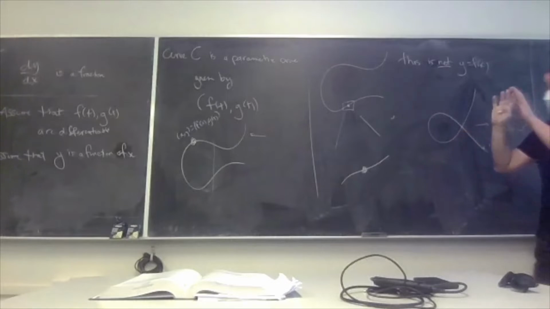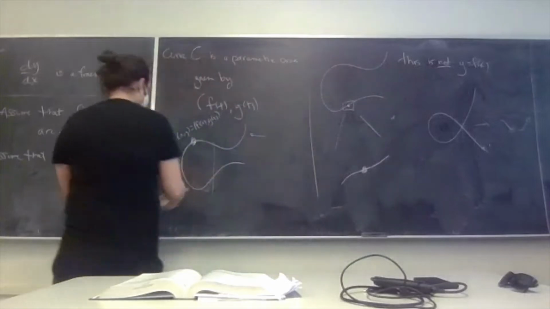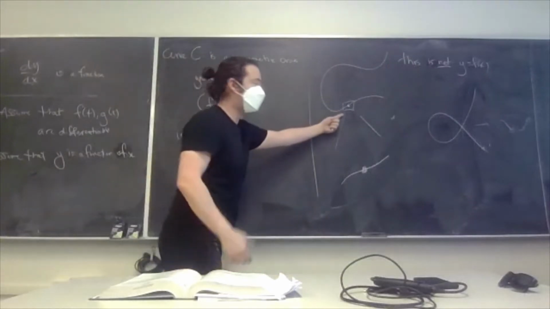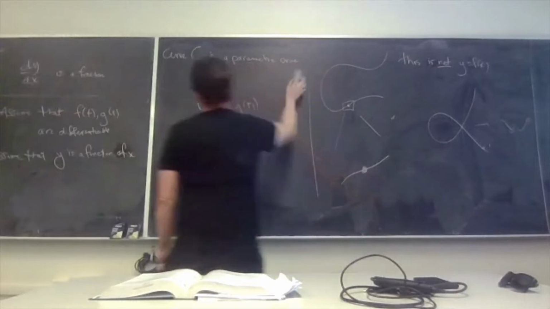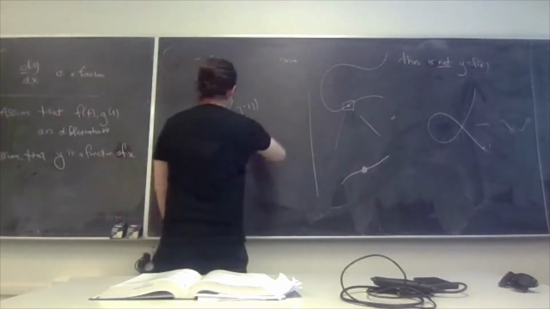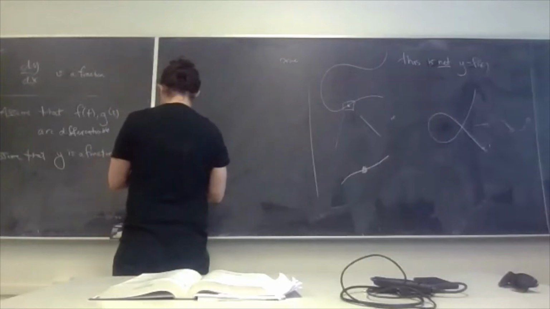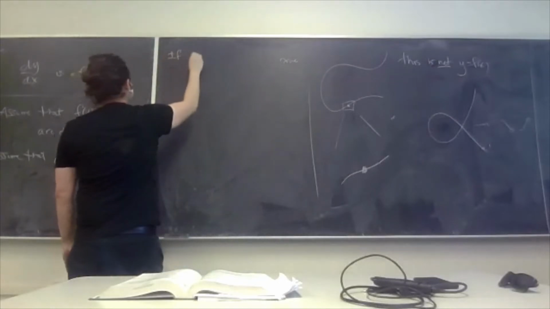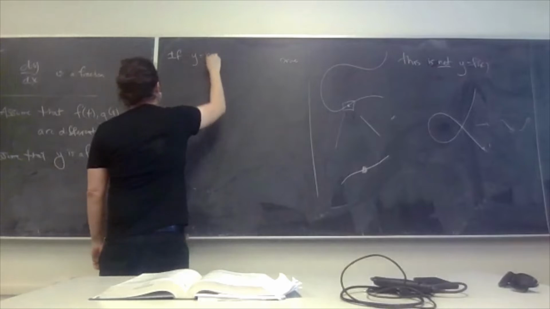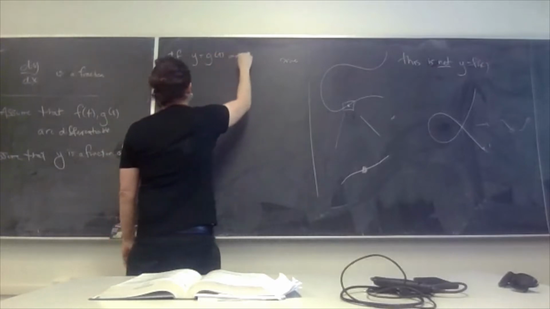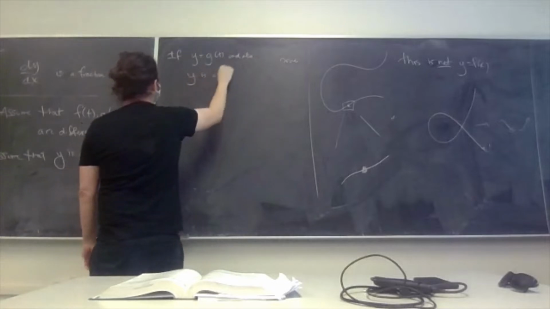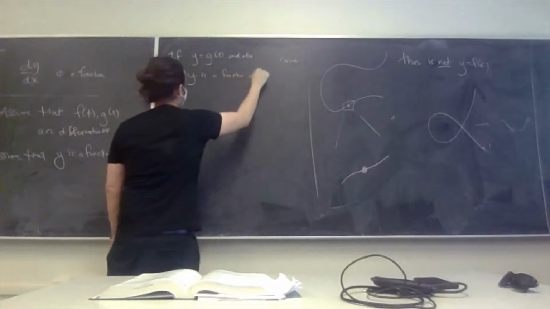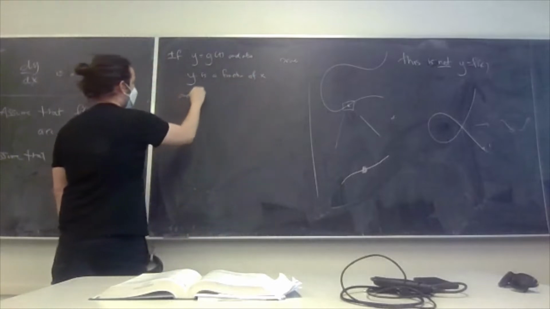Okay. But when we're thinking about these things being differentiable, what we're imagining is that we're looking really close to some point so we can actually write y as a function of x. And the reason that you want to do that, I mean, of course, if you're an applied mathematician or a scientist or an engineer, you're totally happy making assumptions like that because it means you can do this. Well, if y is equal to g of t, and also y is a function of x, and x is a function of t,